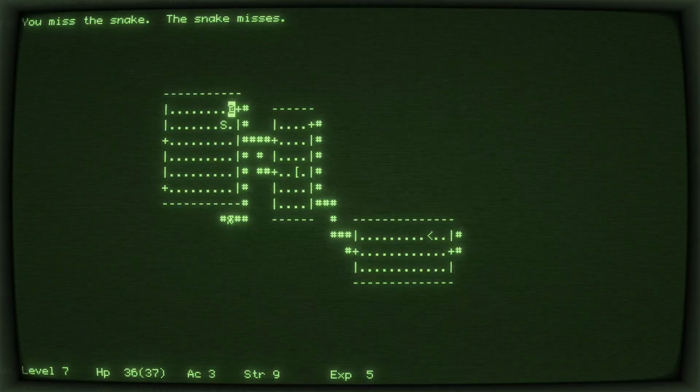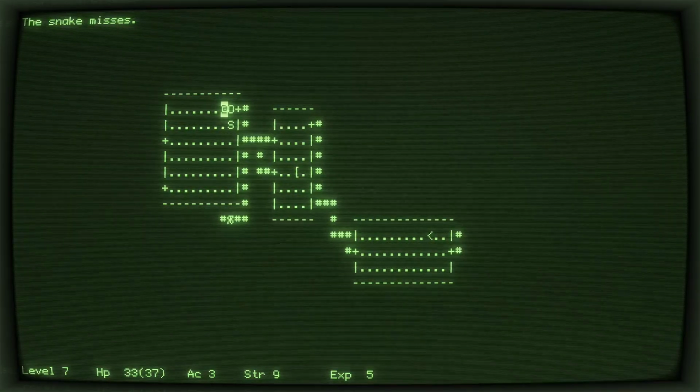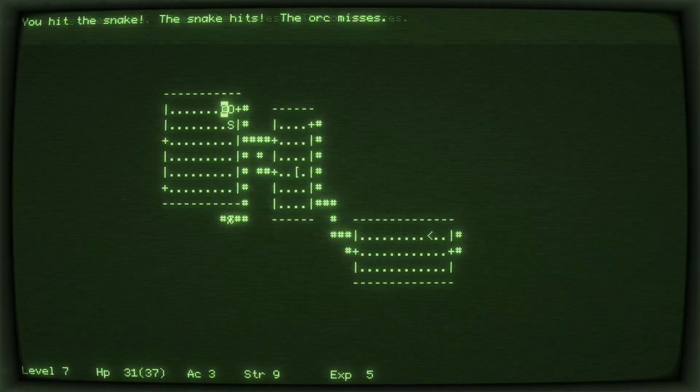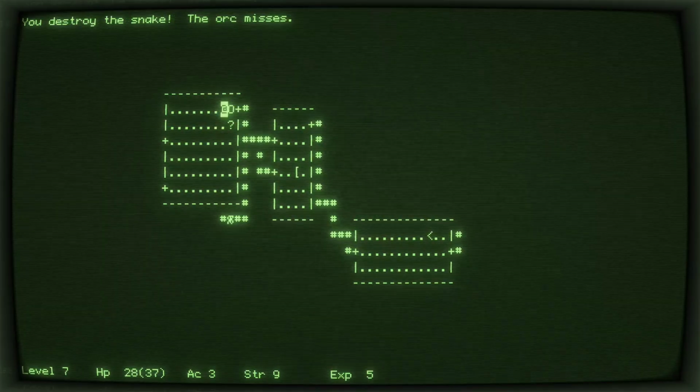Snake misses. Oh boy, got multiple orcs showing up.